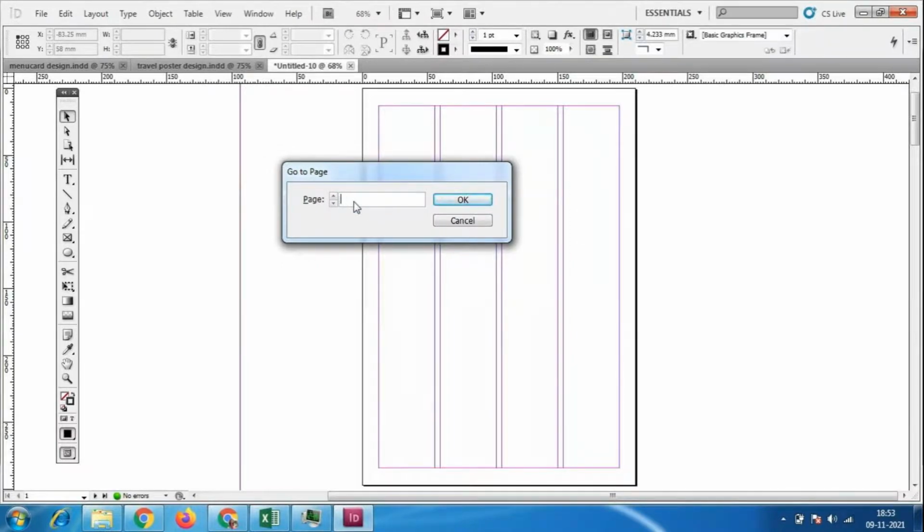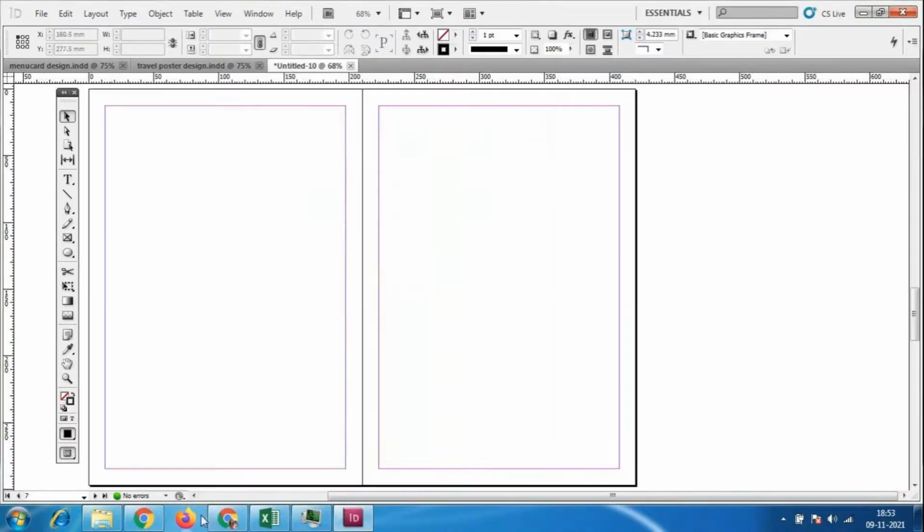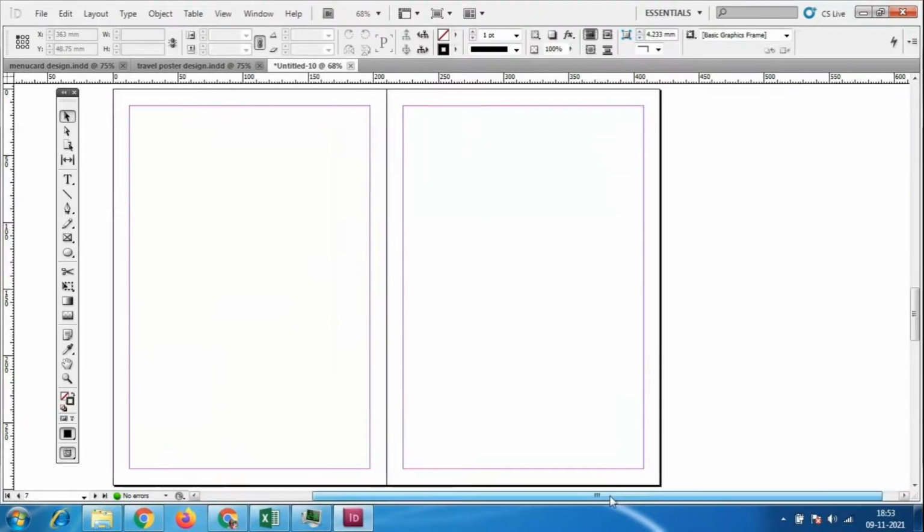I have only 10 pages now, so I'll give 7 and click okay. Look, this is my 7th page, shown on the left side, so it took me directly to the 7th page.